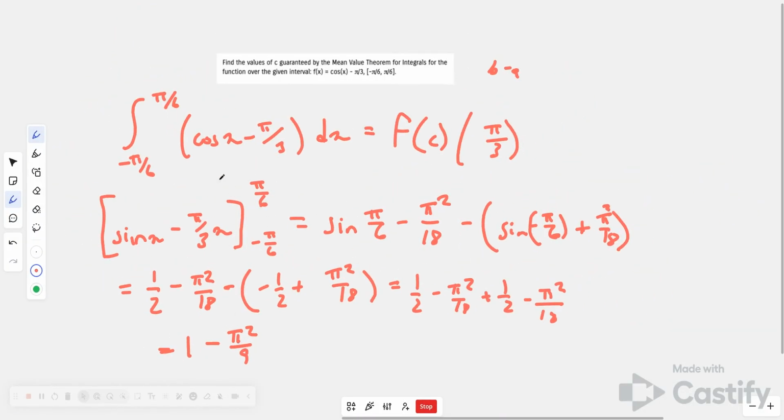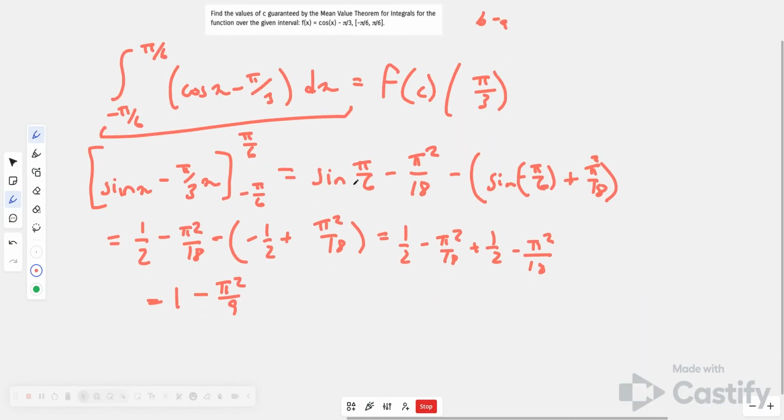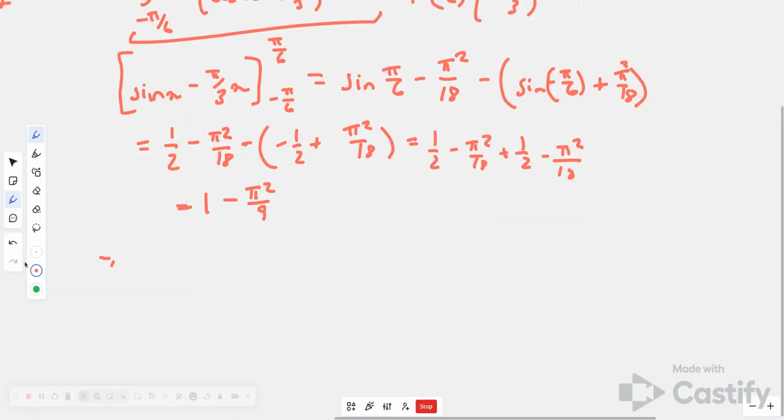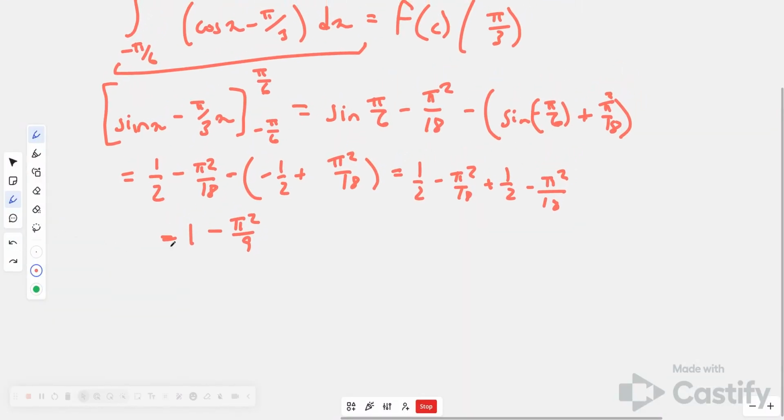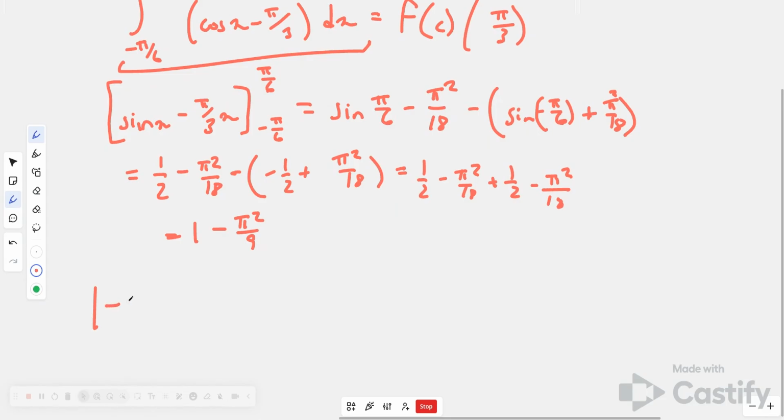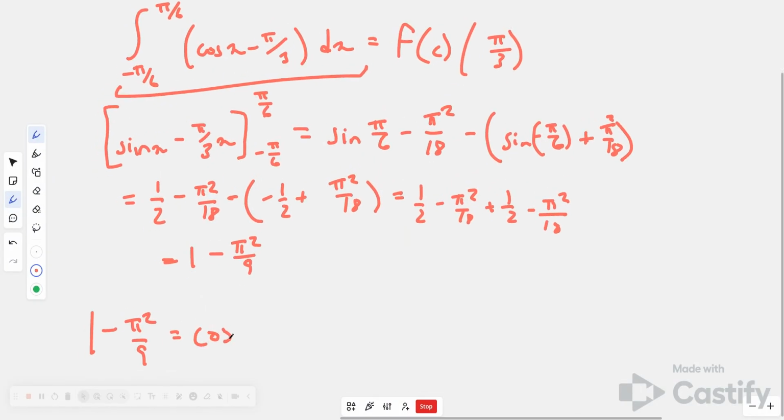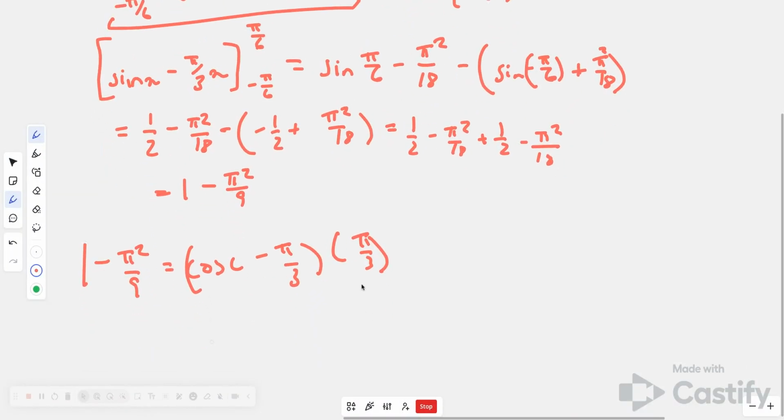Okay, so we evaluated this left-hand side, and that's going to equal f of c times pi over 3. So we can now solve for the value of c. So we have 1 minus pi squared over 9 is equal to f of c. So f of c in this case is going to be cosine of c minus pi over 3 times pi over 3. And then we can multiply by the reciprocal. So the better step would be to